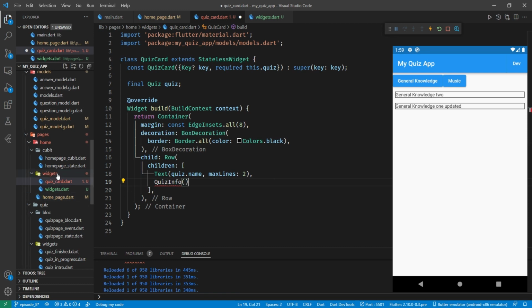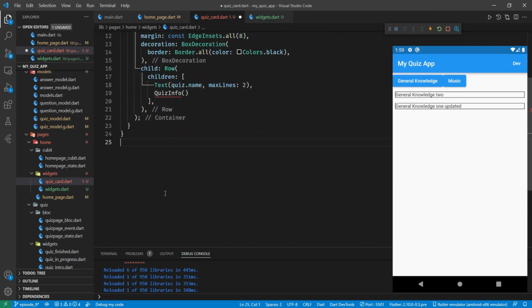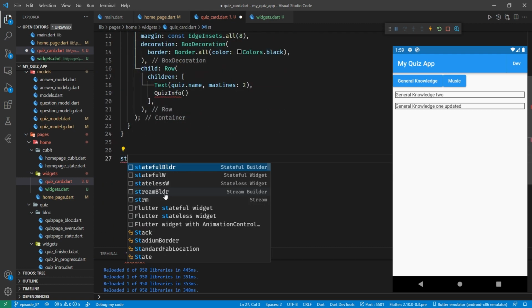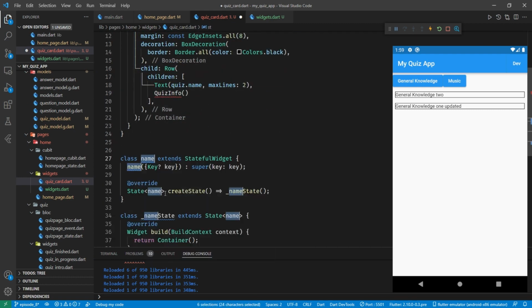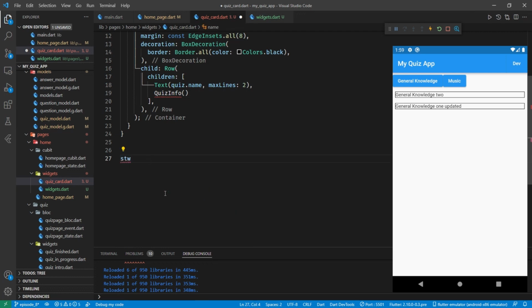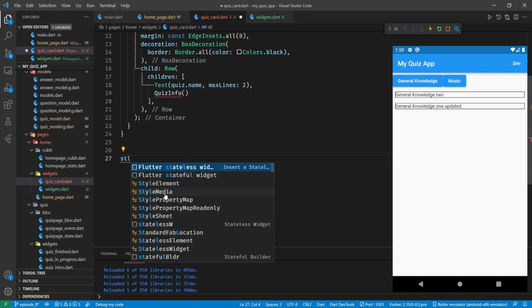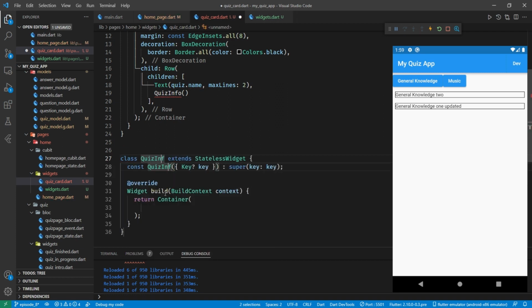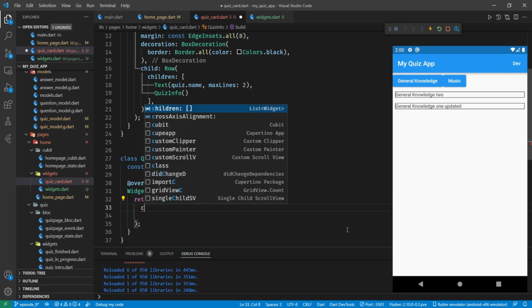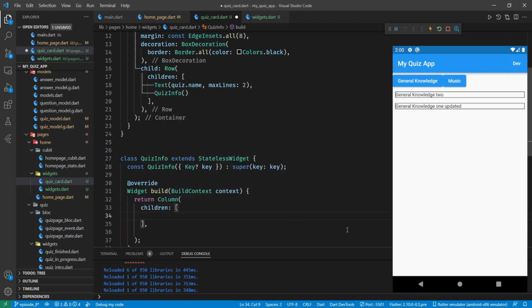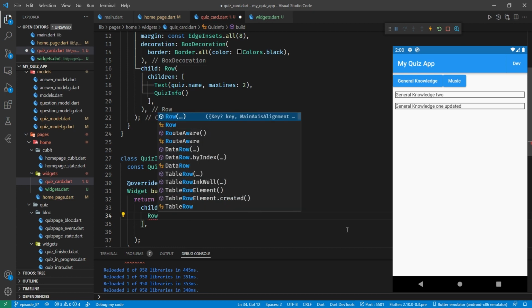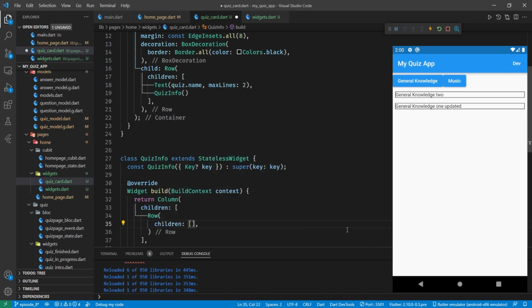Let's make a new widget, which I'm going to do in here for now while we're working on it, so we don't have to switch between screens quite so much. Not a stateful widget, it's a stateless widget. QuizInfo. And this is going to be a column of children. And I want to have in there a row of children, and I want to have first of all an